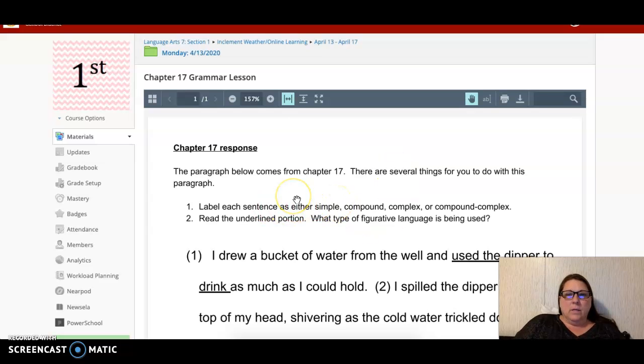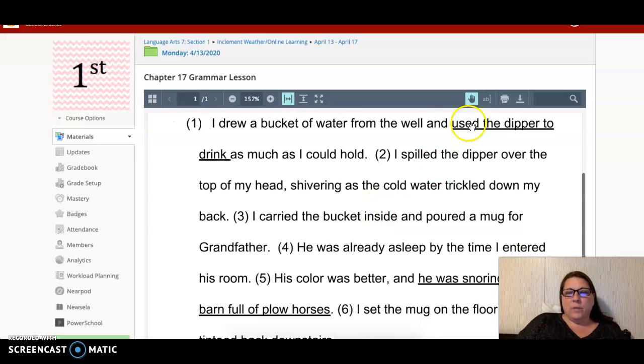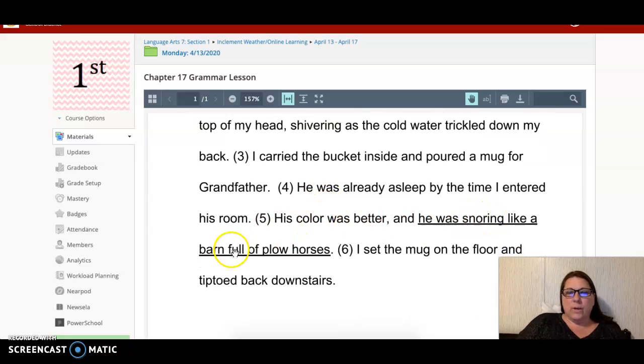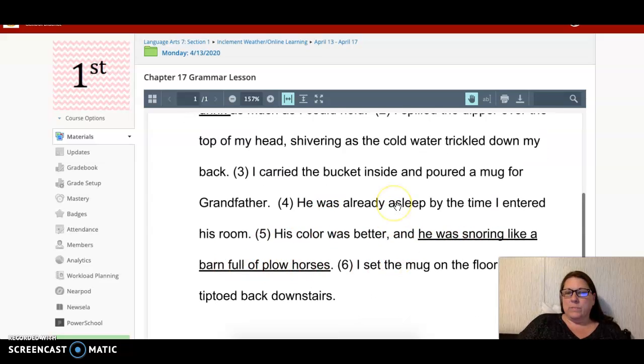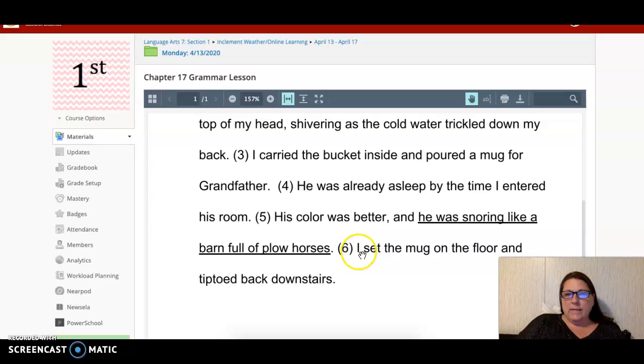Okay. So there's two things. Label each sentence, whether it's simple, compound, complex, or compound complex. And then there's two areas that are underlined. Use the dipper to drink is one, and then he was snoring like a barn full of plow horses is the other one. What type of figurative language is being used in those two underlined portions, okay? Otherwise, you're just going to label numbers 1 through 6, tell us what sentence type it is, and then those two